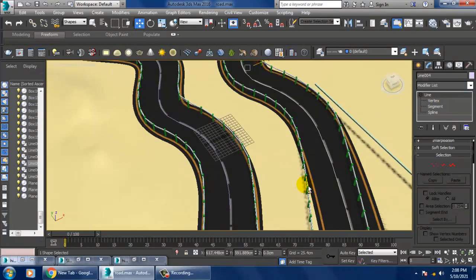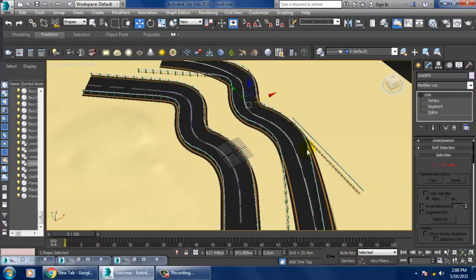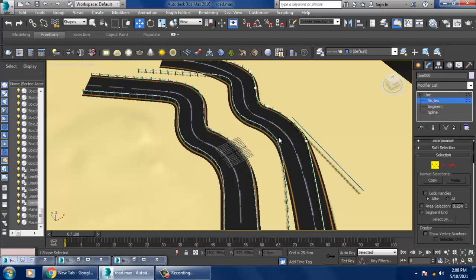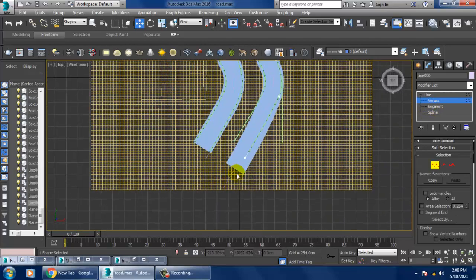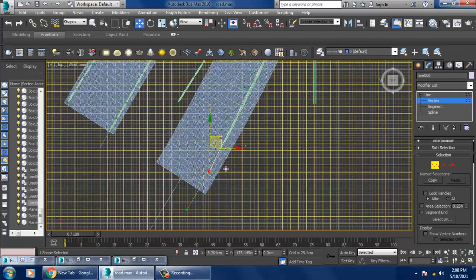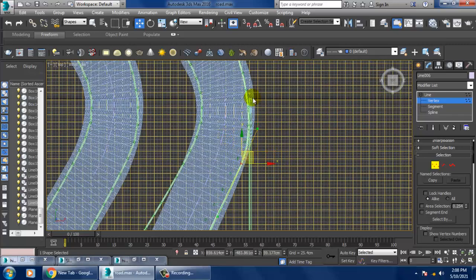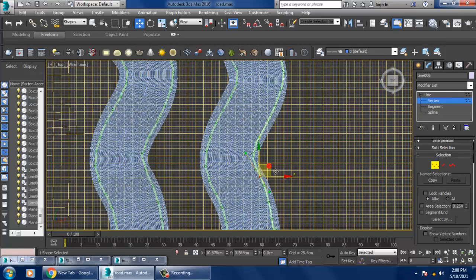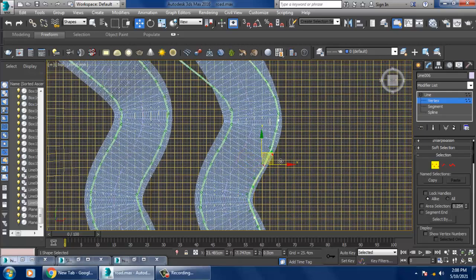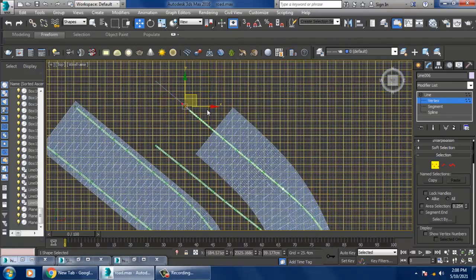So we have to adjust these lines also over here. So if you look at it closely, we have to adjust this according to the path over here. In the right way.